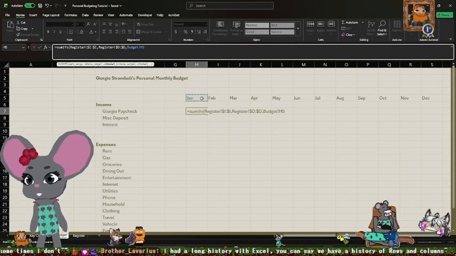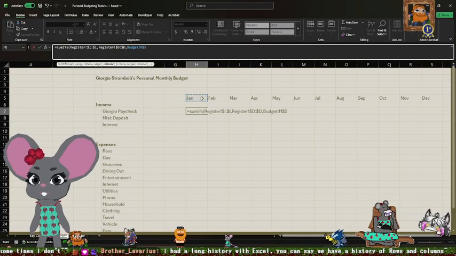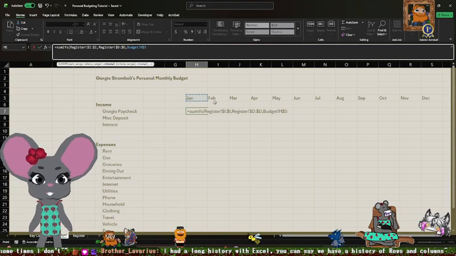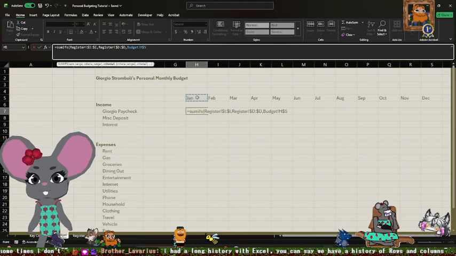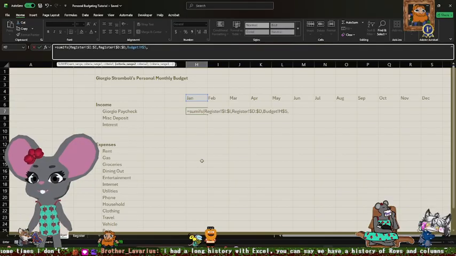So I just want the number 5 to have a dollar sign in front of it. Because when I drag this formula across, I want it to move along with the months. But when I drag it down, I don't want the formula to drag down with all these other rows, if that makes sense. So that's our first criteria.